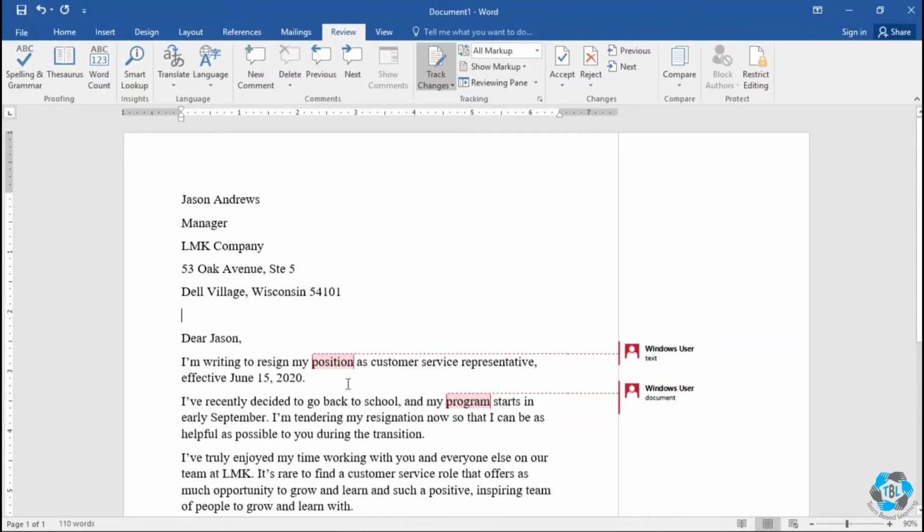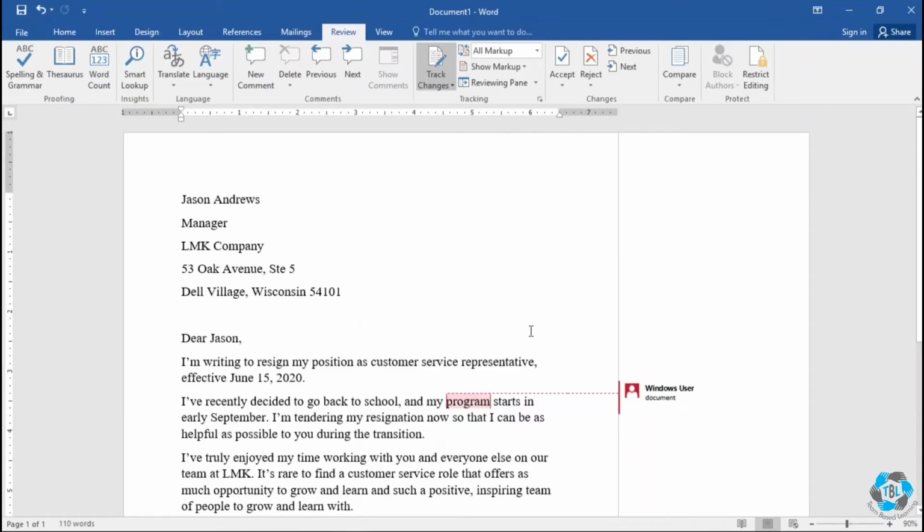You can see a red dotted line appears, which says the comment has been made on the particular text that was selected earlier. How does it look when it goes to the original author? What if the original author does not like the comment and wants to delete it? For that, they would click on the comment and click on the delete option. They could delete all the comments in the document, or only certain comments they wish to remove. I'm going to keep this comment because I liked it, so I'm accepting it.